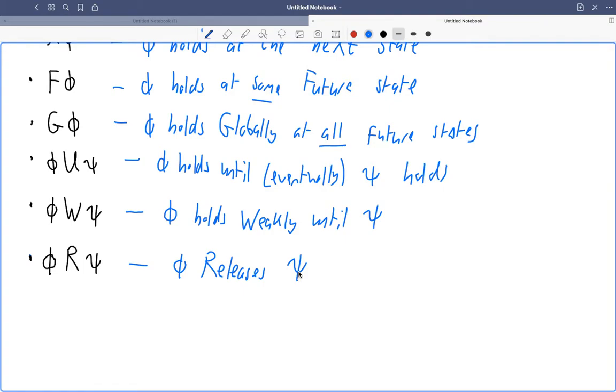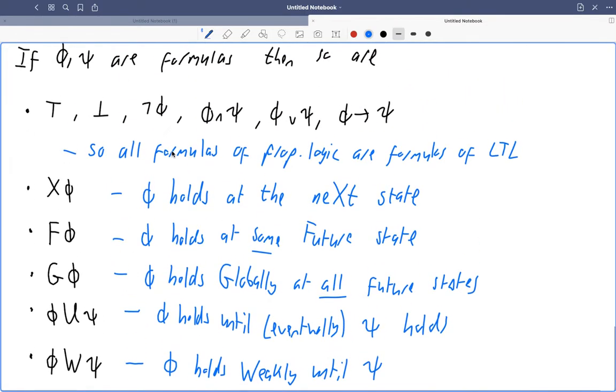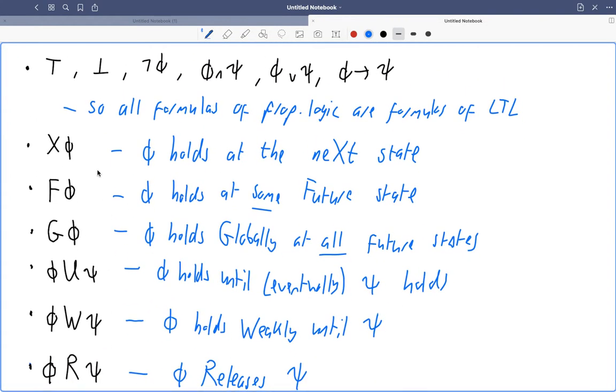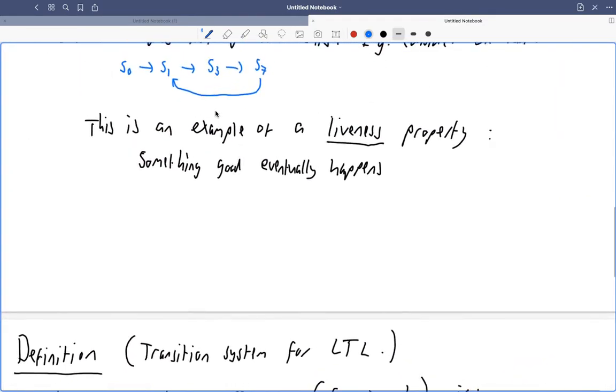What that means we will see in a moment. Okay, so basically propositional logic plus these other ways of building formulas. But of course, once we've got these other ways of building formulas, we can then use temporal formulas and combine them using the propositional connectives. So the propositional connectives are not restricted to the case that the formulas that they combine together come themselves from propositional logic. Those formulas can also be temporal logic formulas, as we've already seen, I think, up here,